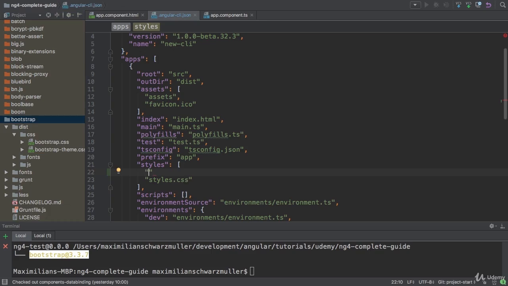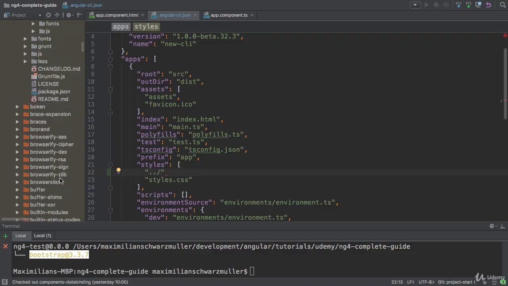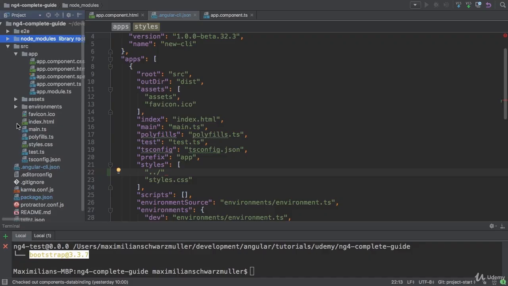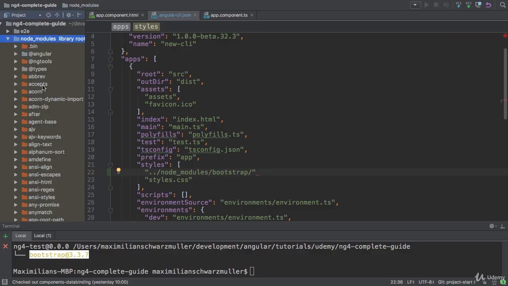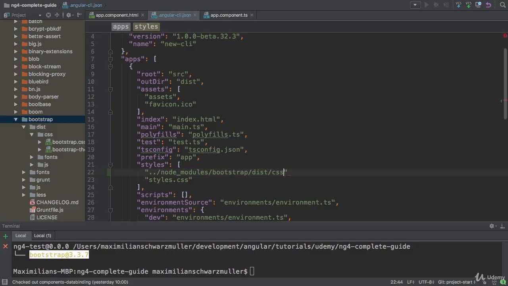And now the important thing is we need to go up one level first, because you don't have to see this path relative from the CLI JSON file here, so this config file we're in, but you have to see it relative from your index.html file. And that is in the src folder, so it's nested one folder deep into your app, you could say. So here we target node_modules, and then we can target the bootstrap folder. And now again, just to make this really clear where this is coming from, in the bootstrap folder, we can target dist/css. So let's do this, dist/css, and here